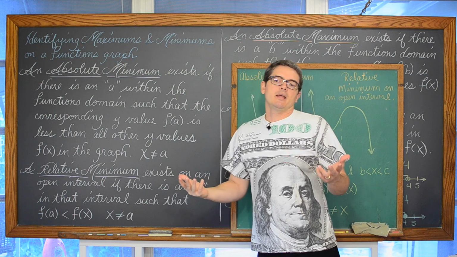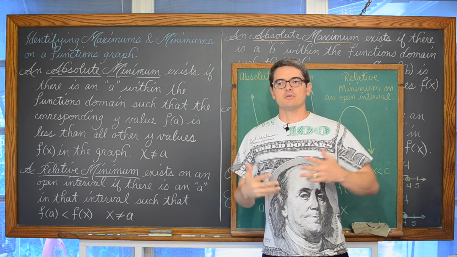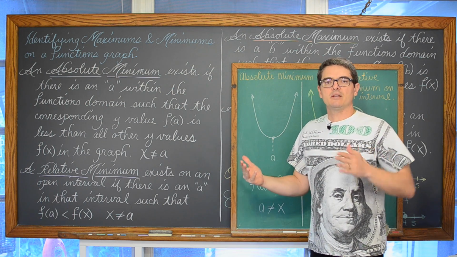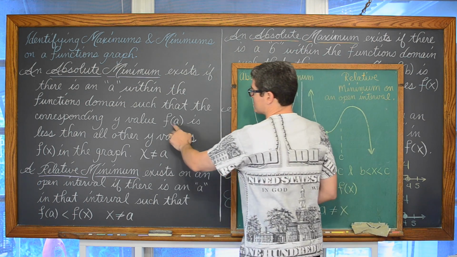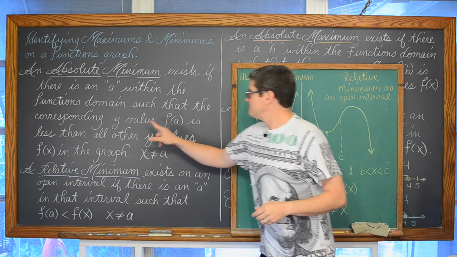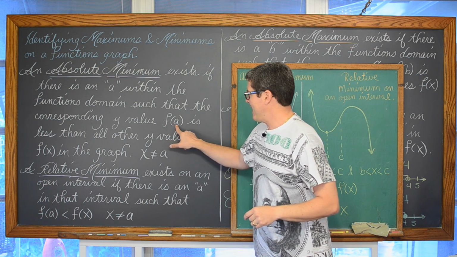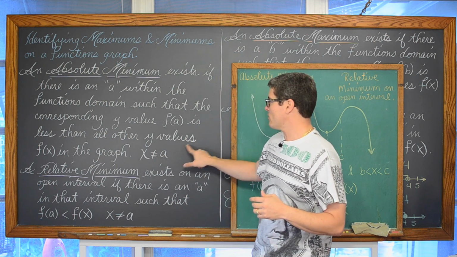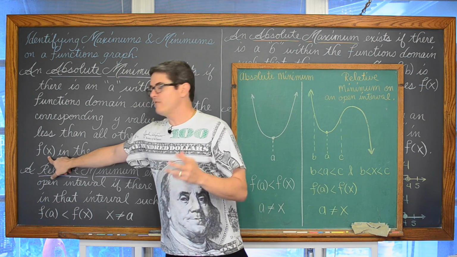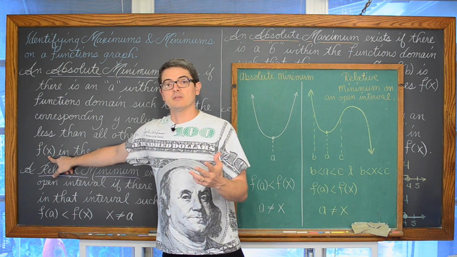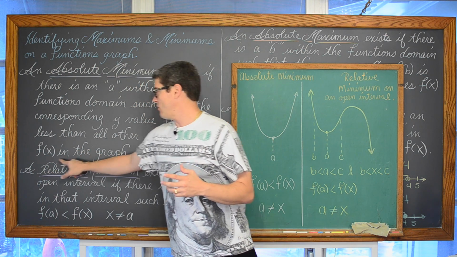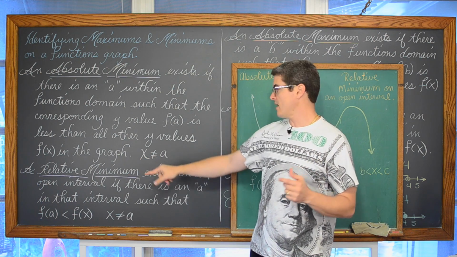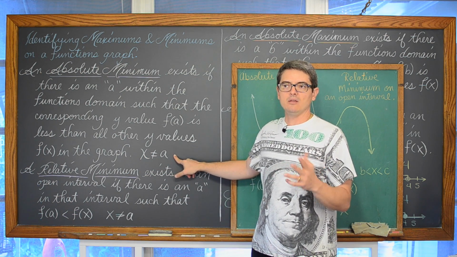We can name the horizontal and vertical axis with other variables if we're talking about some kind of application setting, word problem setting, but on the Cartesian plane, it's x and y axis. So this value of f of a is giving some kind of y value, and that y value is less than all the other y values, and this f of x means just any value of x within the domain, that you're getting some value of y, that this y is less than this y over the entire graph, except for when x is equal to a.